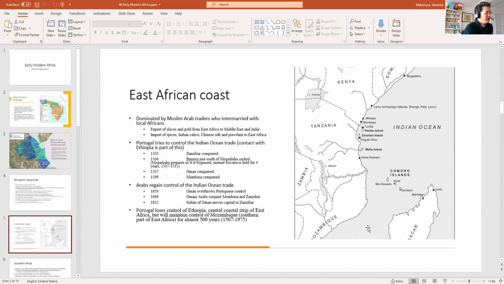But in terms of their grand strategic plan to control all the choke points and control the Indian Ocean trade, well, obviously that failed. And not only that, they gradually lose control over the parts that they had conquered earlier, and they're pushed out. And in this case, they're pushed out by the local Arabs. Well, they're not really local, but by the Arabs who had a long-term connection to East Africa.